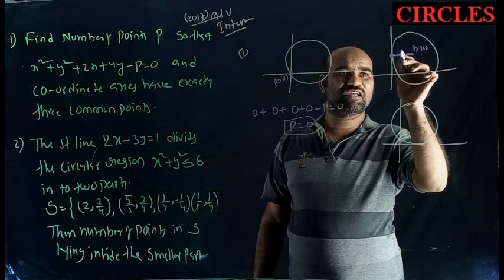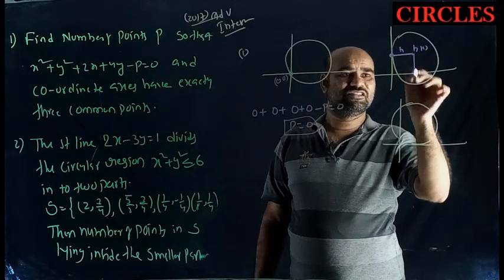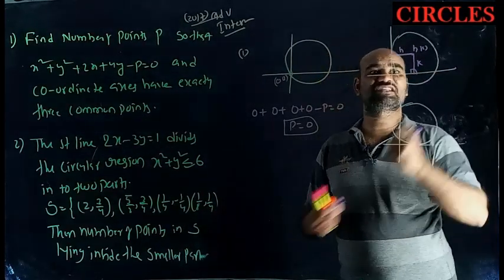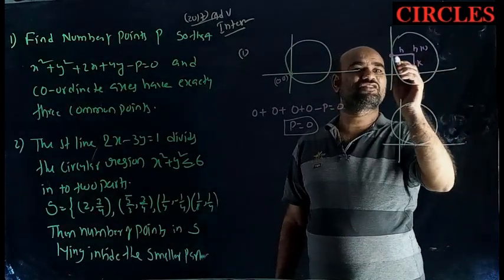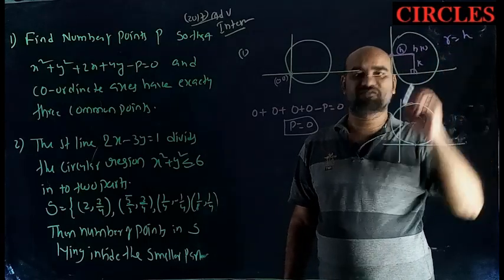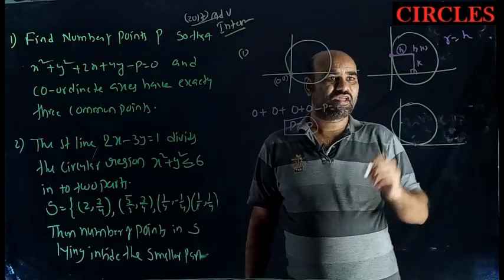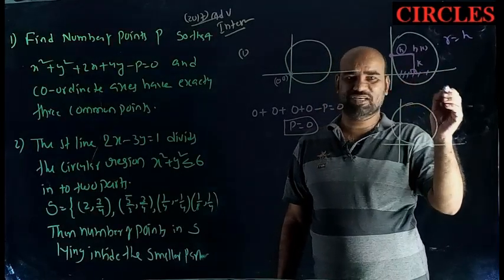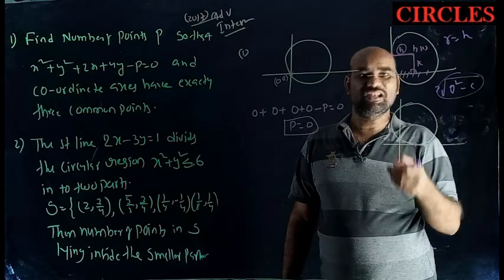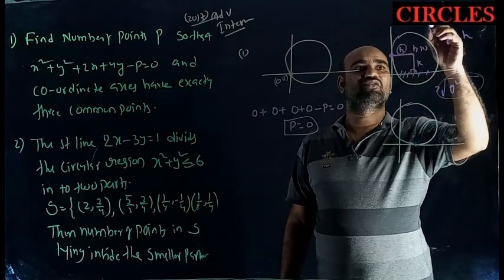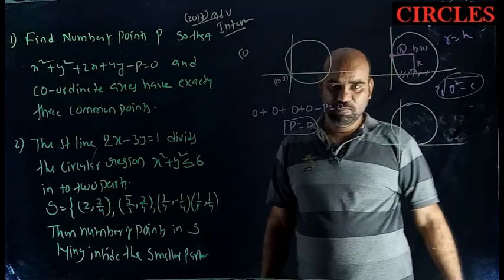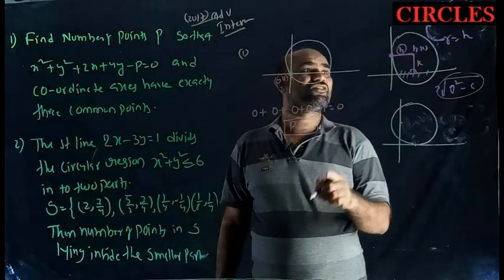This is nothing but h. This is nothing but k. Okay, students, in this situation, (h, k) is taken as the center, so this becomes the tangent. Then the radius is nothing but h now. And it should have some x-intercept. The x-intercept is 2 times root over g square minus c, which should have some value. The y-intercept should be 0, that is 2 times root over f square minus c should be 0. Okay, so r equals h.